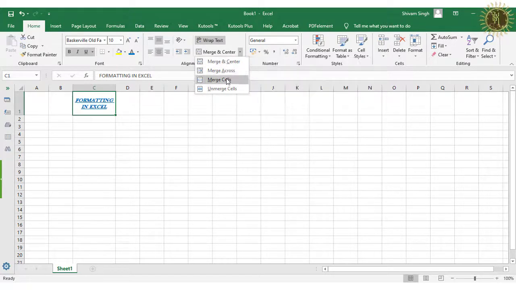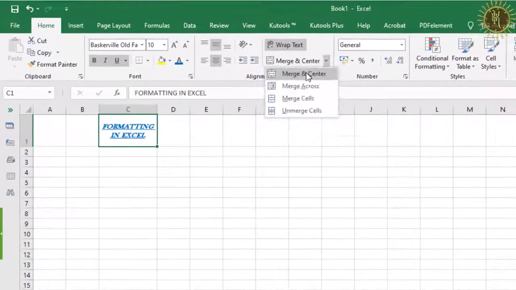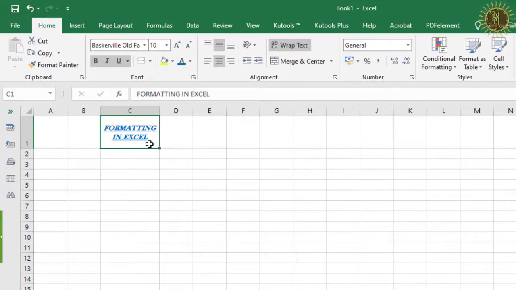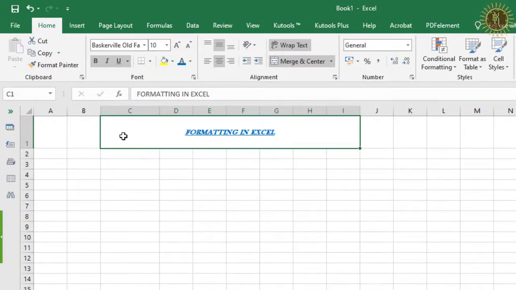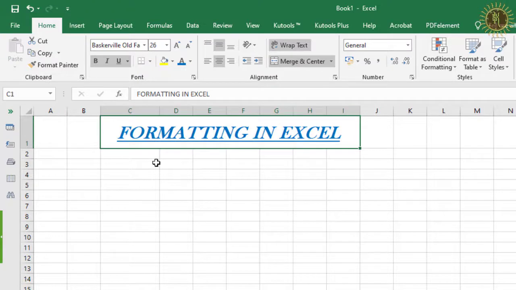So let us see one by one what the uses of these are. First of all, to make this text a heading, we select this many cells and click on Merge and Center. You can see all these cells become a single cell. Now we can increase the size of this font to make it a heading. Now this is a single cell.